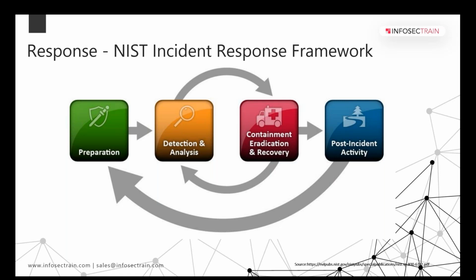That is the eradication phase. Recovery is I will re-image that particular system or implement a new firewall device in order to come back up to life. With all this happening, what I do next is a post-incident activity. Now, post-incident activity is the most important one because